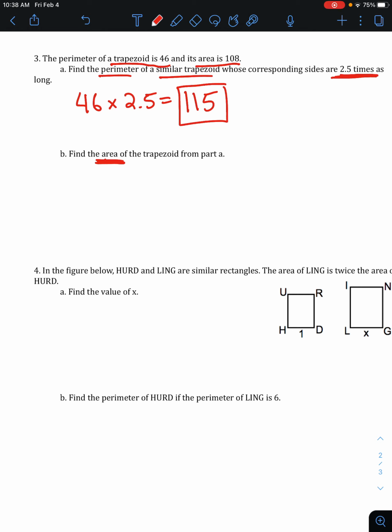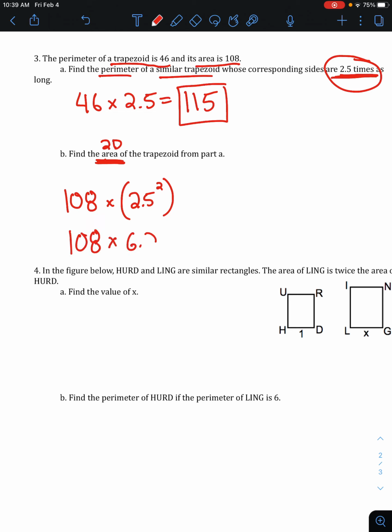However, if we want the areas, remember that areas are two-dimensional, so we are scaling by 2.5 twice, or we are multiplying by that scale factor twice. So we take our initial area and we multiply it by 2.5 squared. It is the square of our one-dimensional scale factor if we are going into 2 dimensions with area. 2.5 squared is going to give us 6.25. So we take 108 times 6.25. And we check that and we get